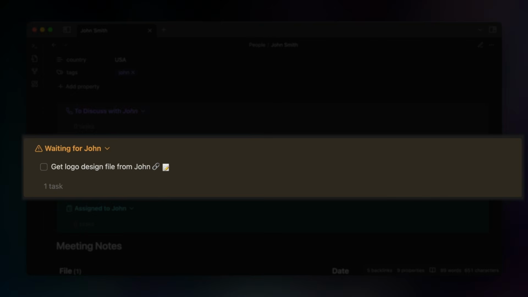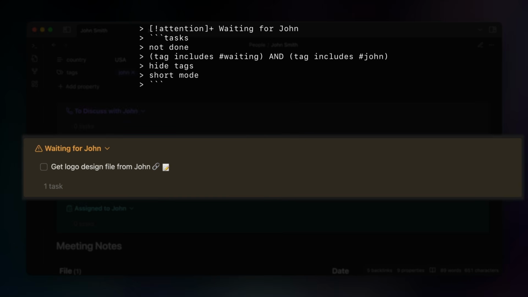The middle one is waiting for John. And here you see the task that I just added, getting the logo design file from John. Now this Obsidian task query is actually wrapped inside of a custom callout, but it works the same way. These are tasks that are not done, and they include both the waiting tag and the John tag. I'm hiding those tags when I show them in this custom callout, and again, I'm displaying those tasks in short